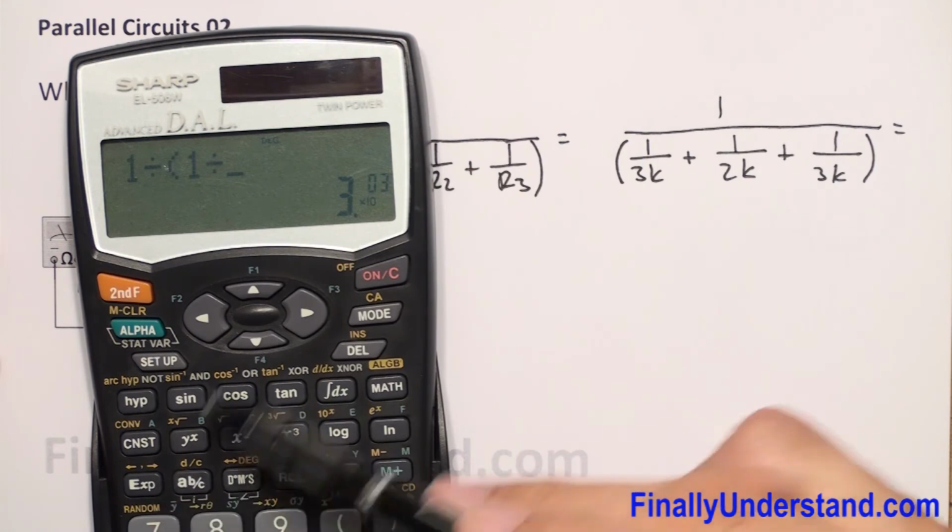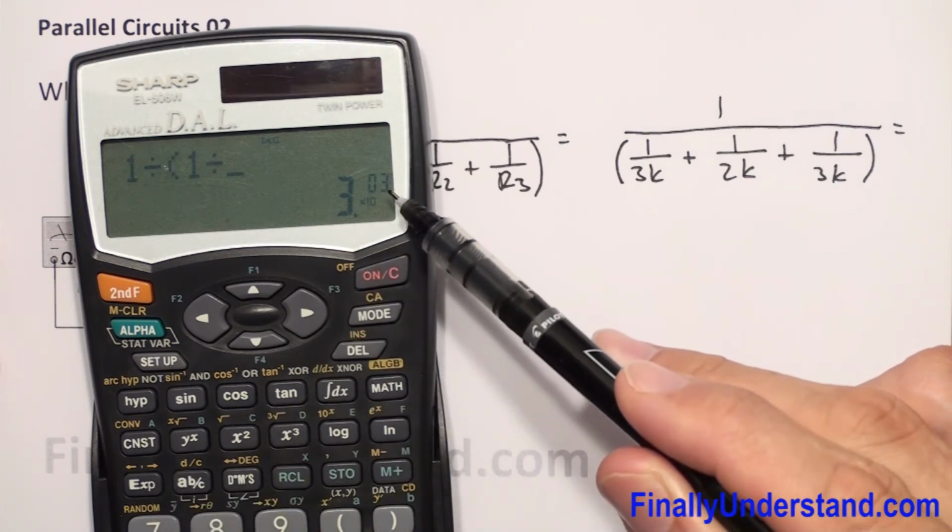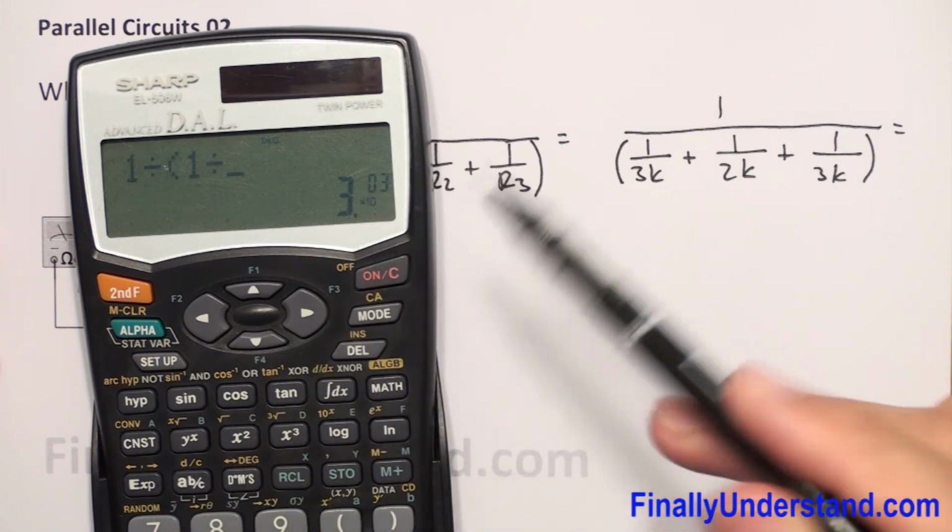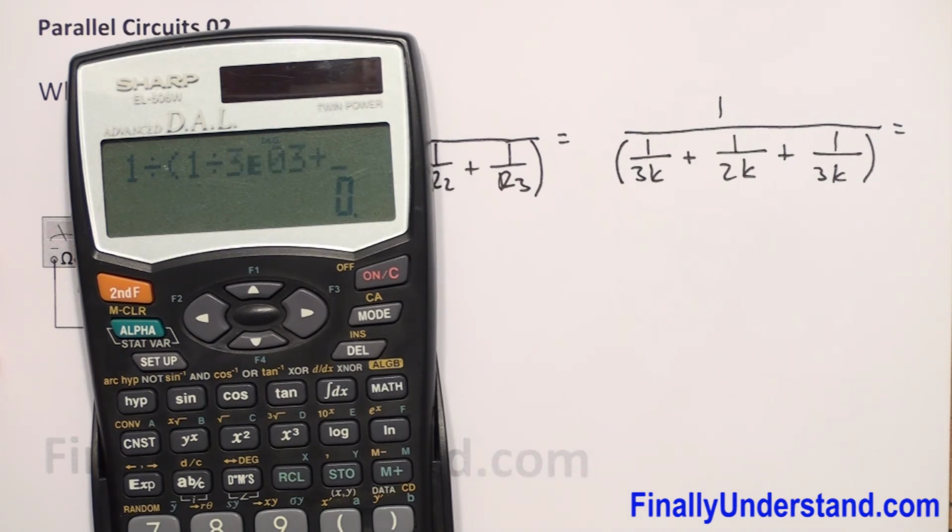Anytime I press exp I see times 10 to the third, okay, because we talk about the kilo, plus 1 divided by 2k, so I have 1 divided by 2 exp 3, plus 1 divided by 3 exp 3, close parenthesis, okay, and my answer is